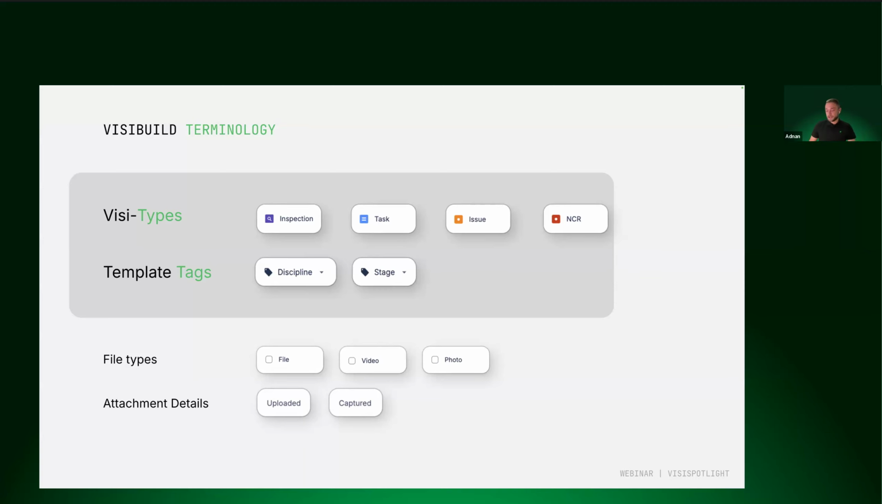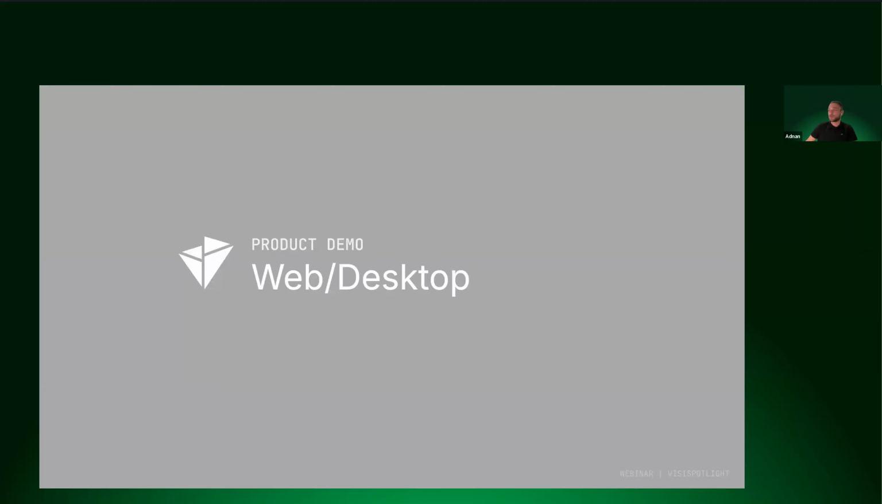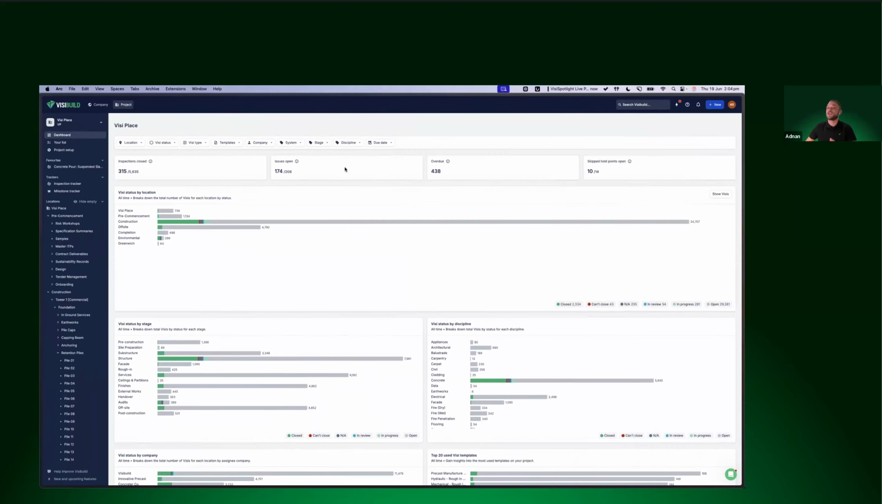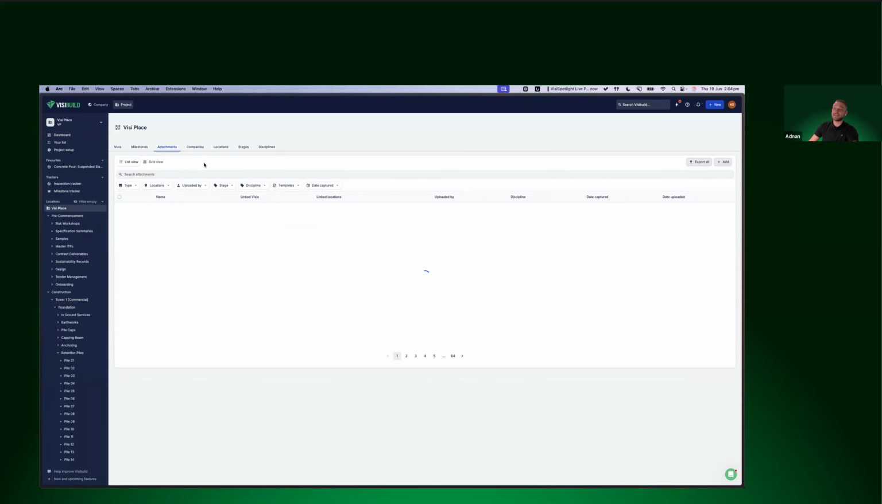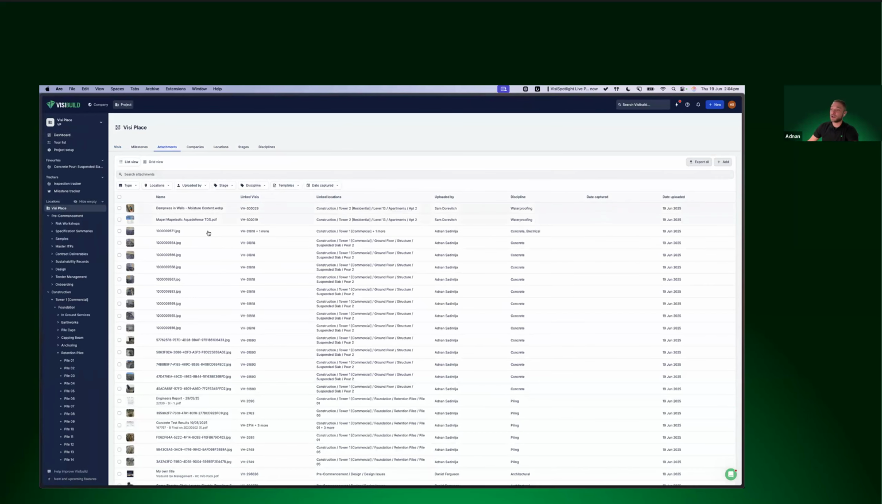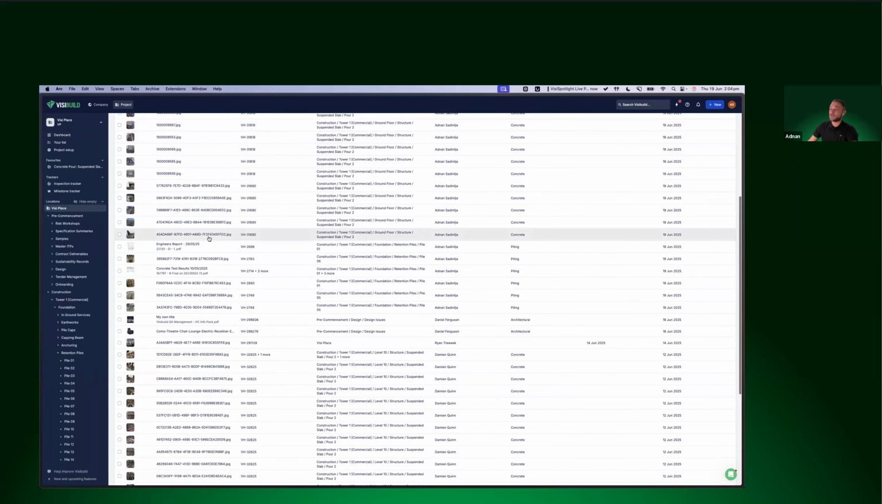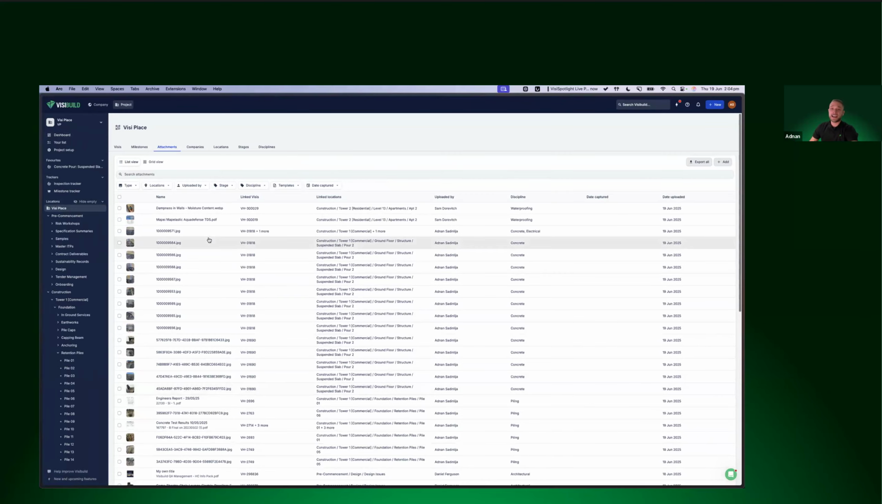Nice, mate. Alrighty. Well, let's jump straight into a product demo. Once you're on your project page, you want to go to your overall project location. For me, it's Visi Place. And what you'll find here is that we actually have this new attachments tab. If I click on that, I'll find every single attachment that is on the whole project. And from here we can apply relevant filters and actually export these out. So just going through a couple of the